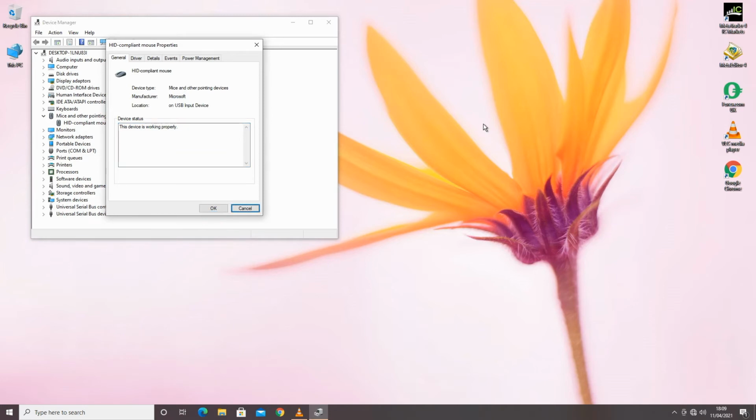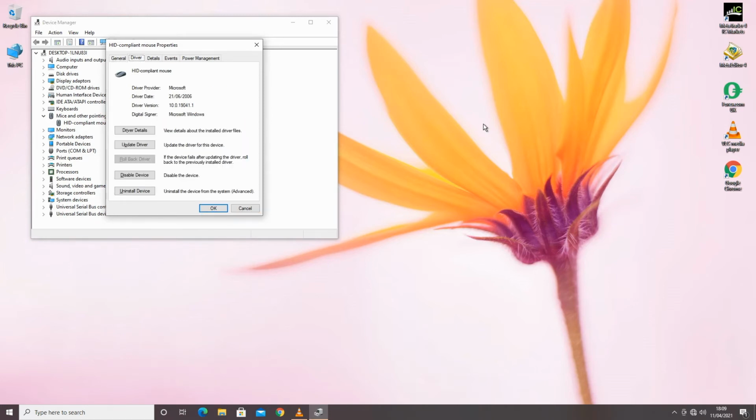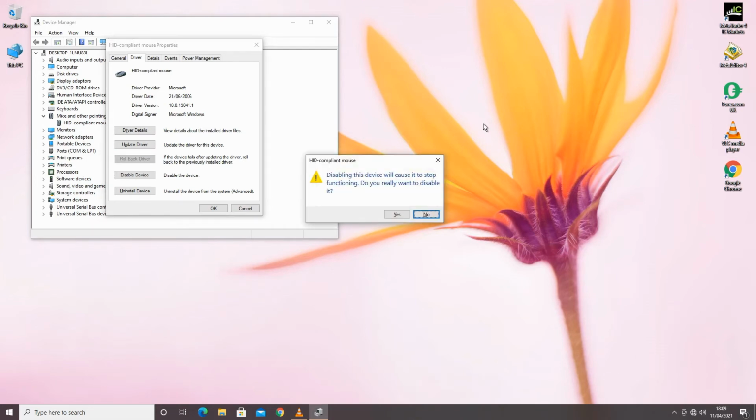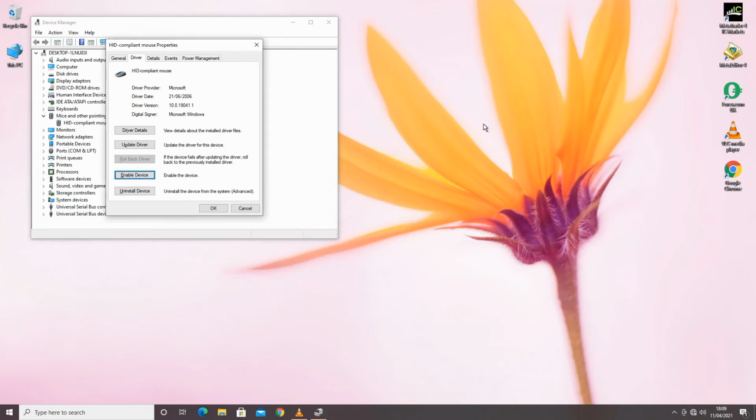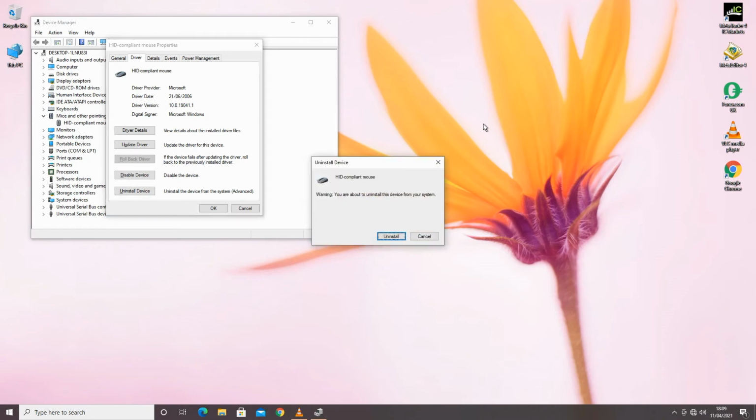Use the tab button until you go on to drivers and then use the tab button again to go on to disable device, hit enter, click yes and then press on enable again. This should work. Now if it still doesn't, use the tab button again and select on uninstall device, hit enter